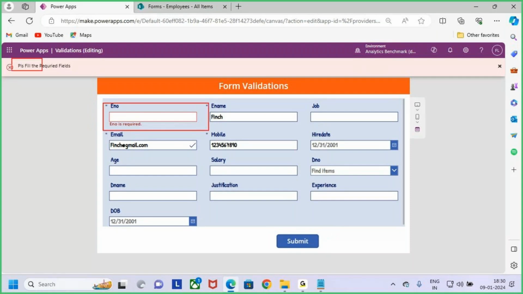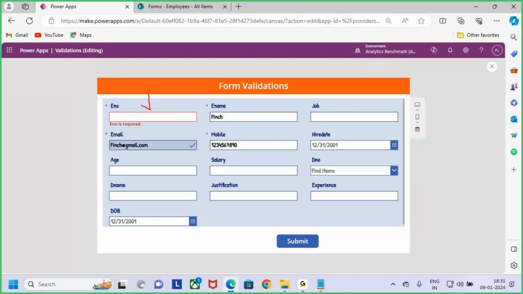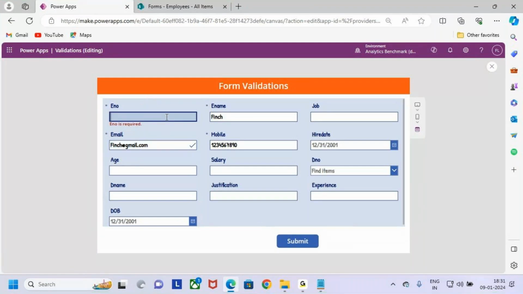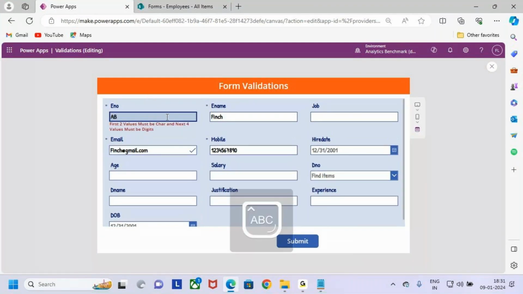And also now you are able to see one notification here. What's that notification? Please fill the required fields. So you are not filling the required fields, go and fill the required fields. Which field you are not filling? It is highlighting that employee number is the required field which is not filled. Now when I go and click on the employee number, when I fill the employee